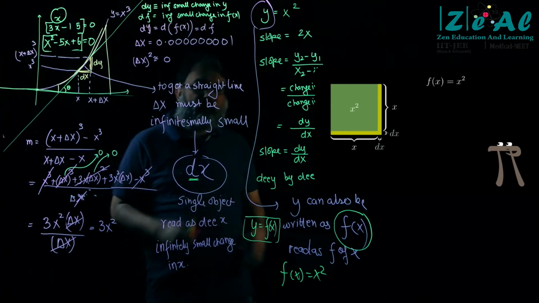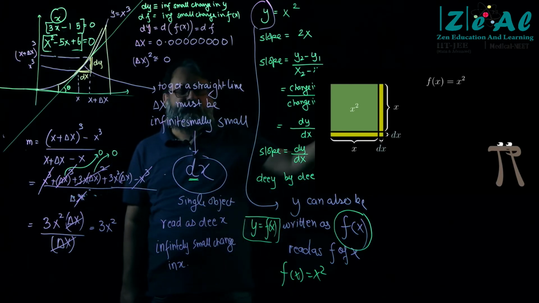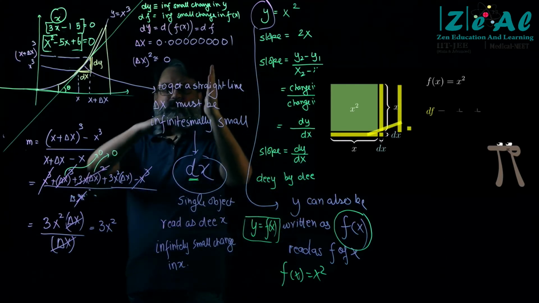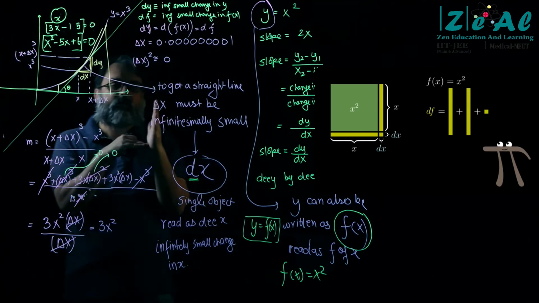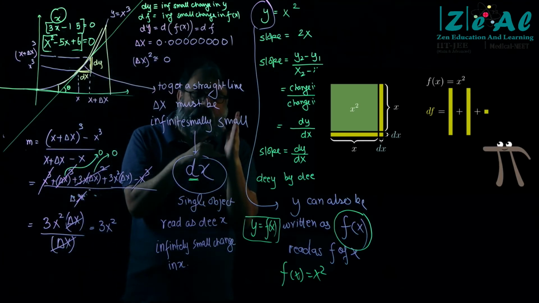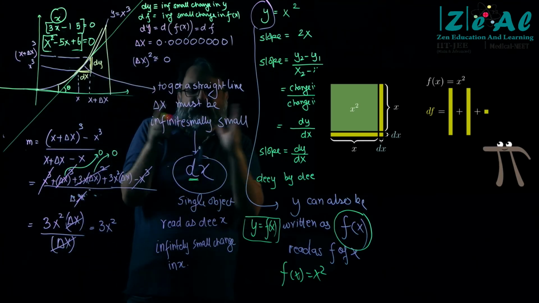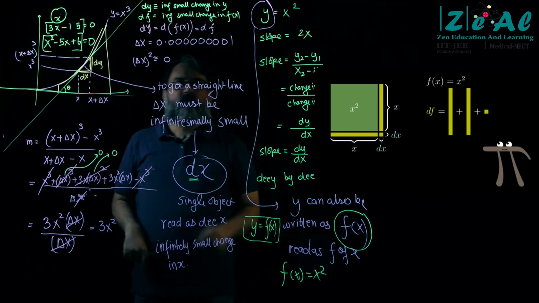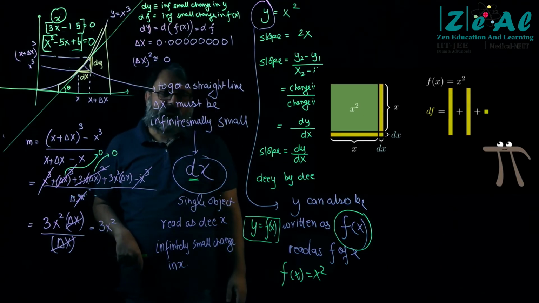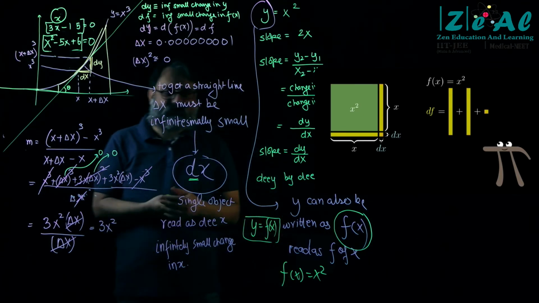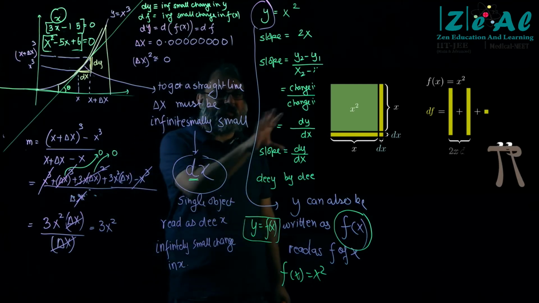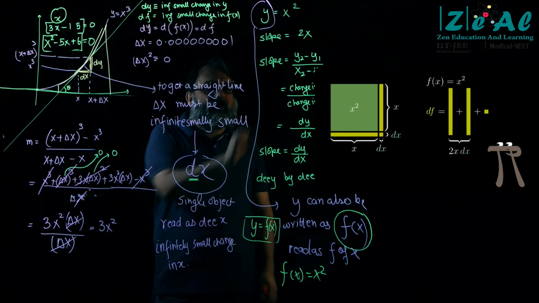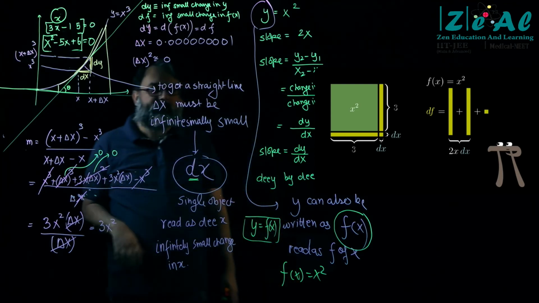So basically what is happening is that we have a square, okay, where one side is x and the other side is x. So you have a square which has an area of x square. Now I increase it by a very small amount. I increased dx here, dx here. So you can see now what the change in area is, right? It consists of those two large rectangular pieces plus that small square, okay?